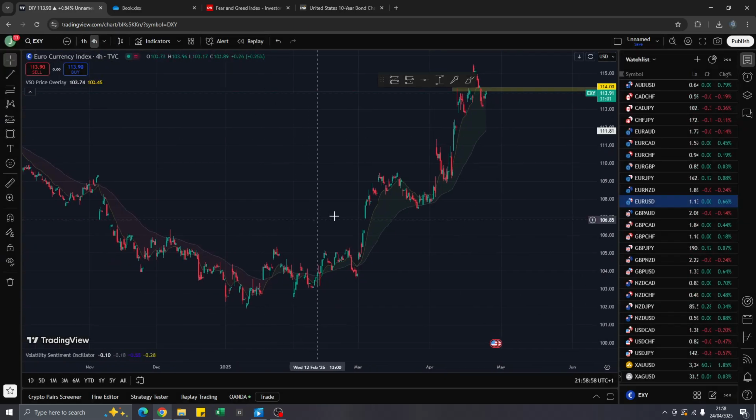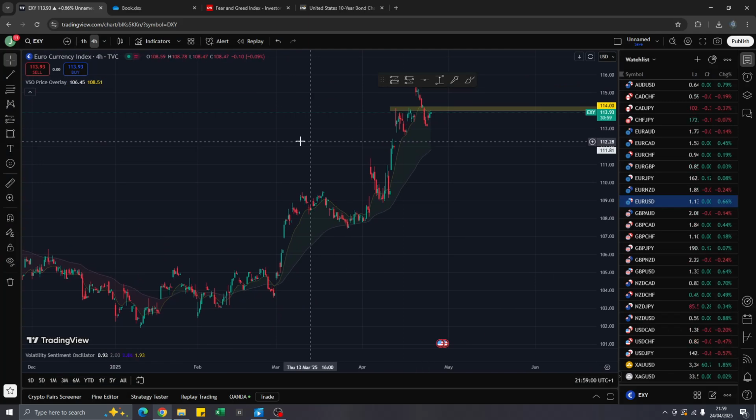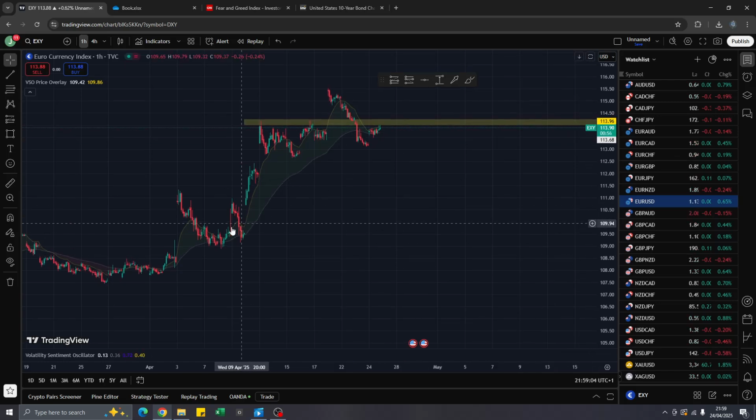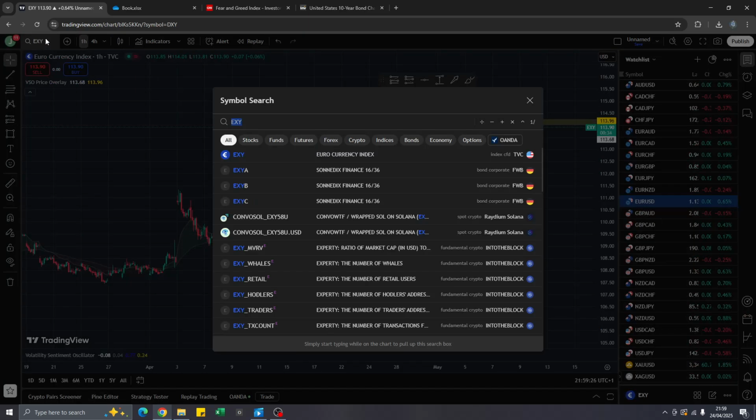So if we look at the index, it's almost the same, but go to the 1-hour. We are starting to see that bullishness fall off. Will we have an incident like here where it jumps up? I'm not sure, but likely I think it will. This gap up here, we could have a similar thing. We gap down, we could gap up. I'm waiting for it to go above this resistance level, really, for me to go back bullish. I'm just a bit cautious with this right now, with the euro.